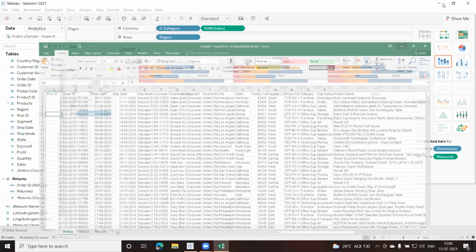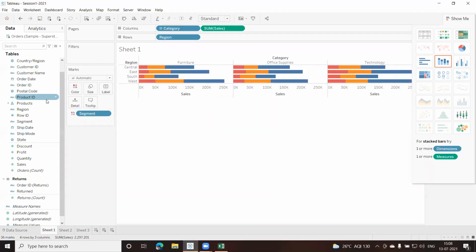Okay, but it has been placed under dimension. Why? Any specific reason for this? Now, tell me one thing. If I add the row ID 1 plus the row ID 2, so 1 plus 2, 3 plus so many IDs, if I keep on adding them up, is it going to give me some information?